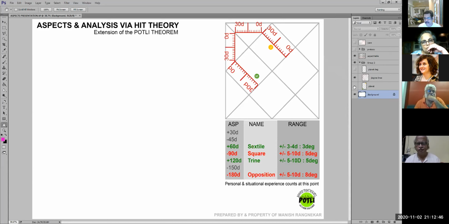Now, if I hide these planets for a minute, let us say a planet is seated here exactly in the middle at 15 degrees. If it has to give an exact 90-degree hit, how much will it have to travel? 30, 60, 90. So the other planet needs to be exactly at this point, 15 degrees in this house, so that this one will give a 90-degree hit to that one. Have you understood so far?